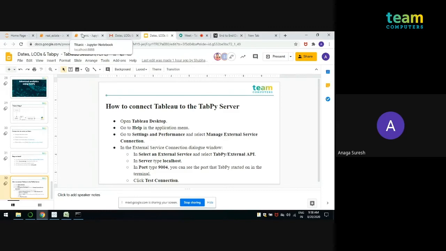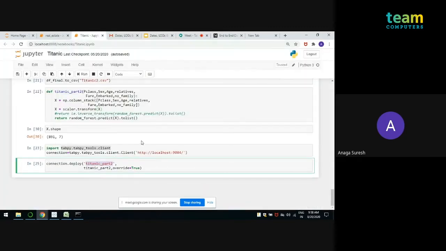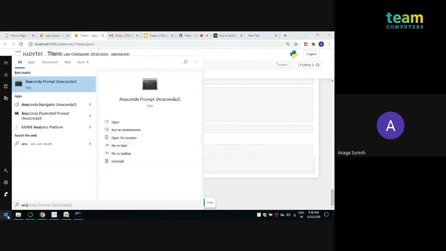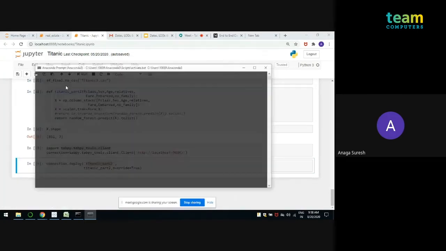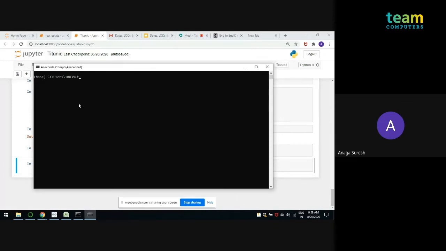If you're using Python code, I always write my Python code in Jupyter Notebook, so I have installed TabPy inside the Anaconda prompt. I'll open the Anaconda prompt and write tabpy, because I have installed TabPy in Anaconda also.